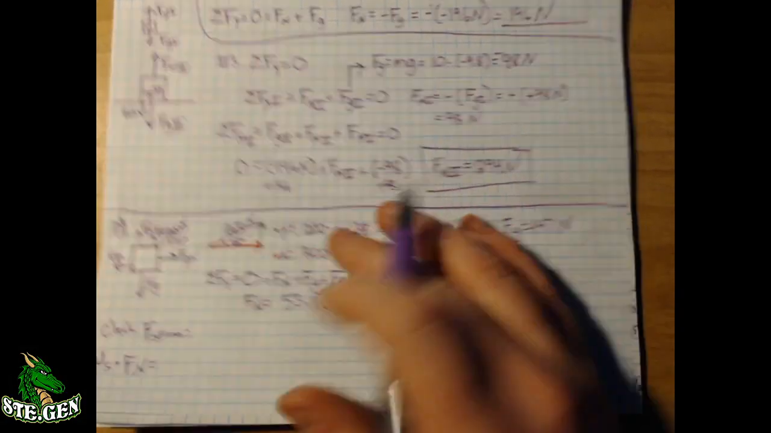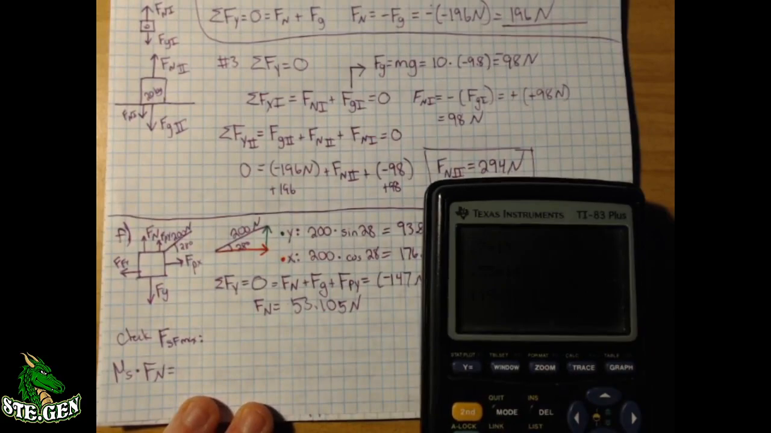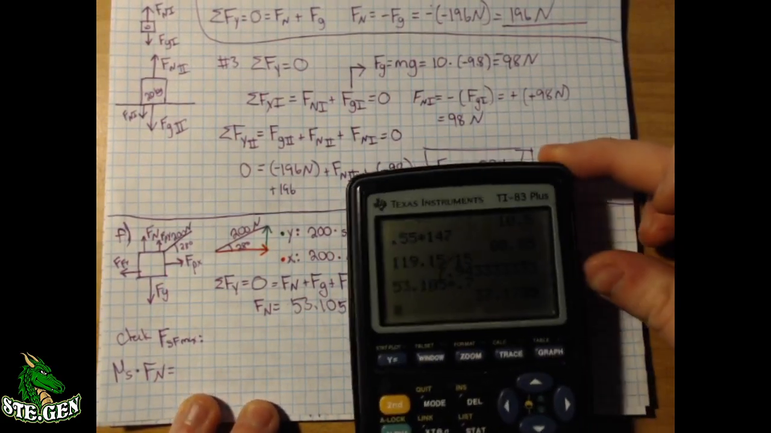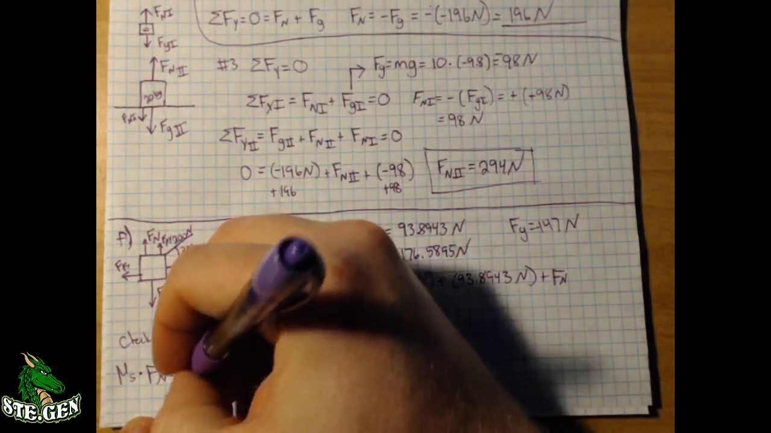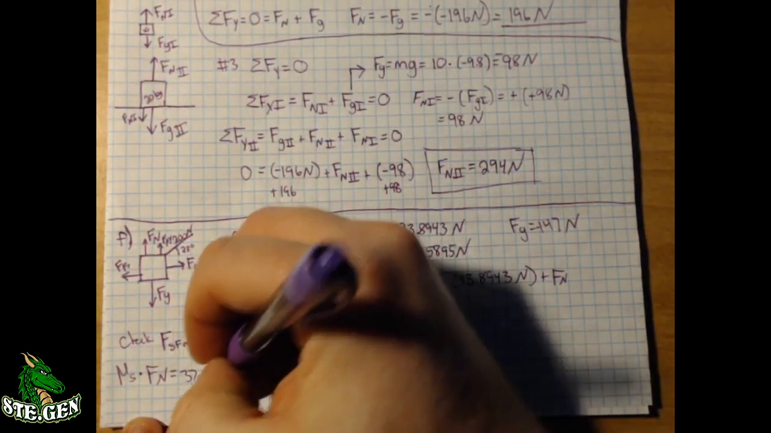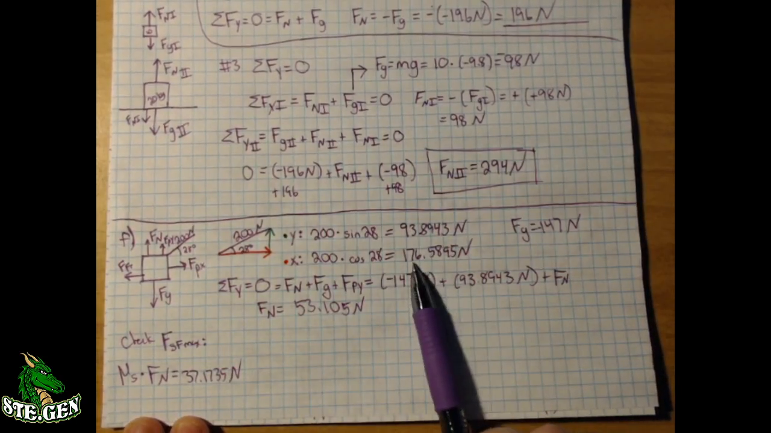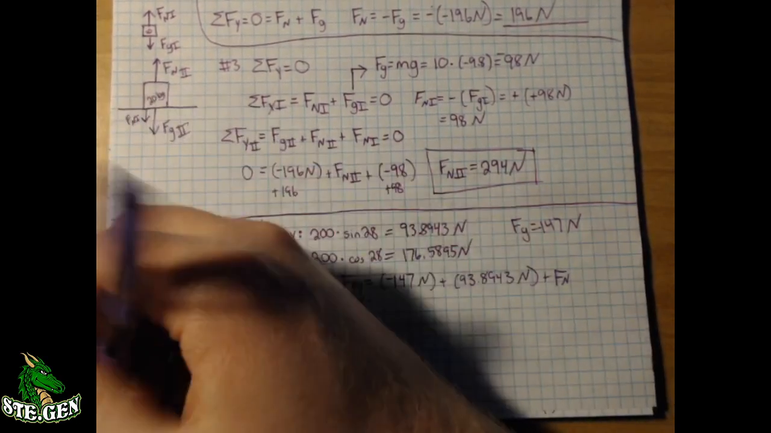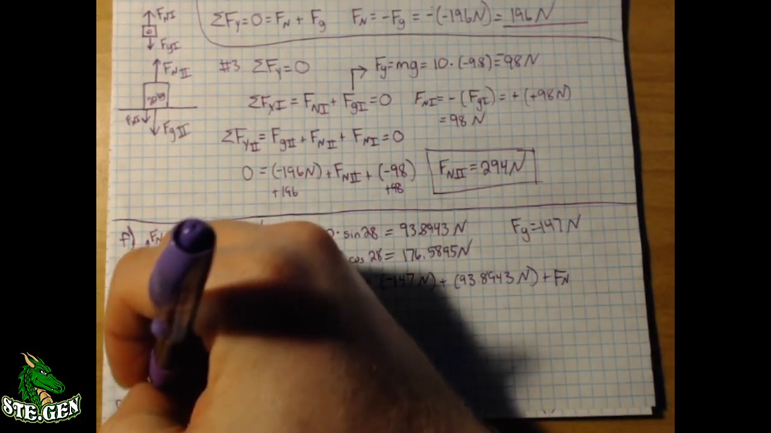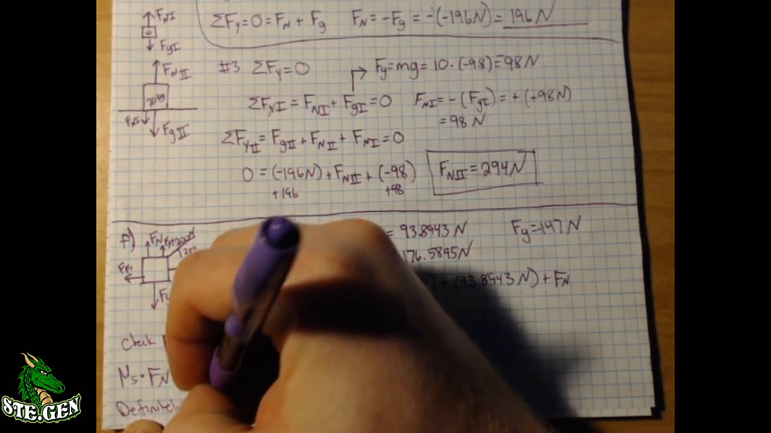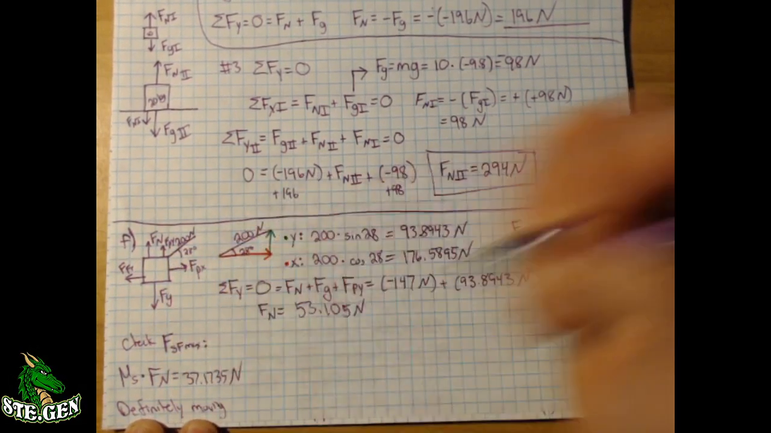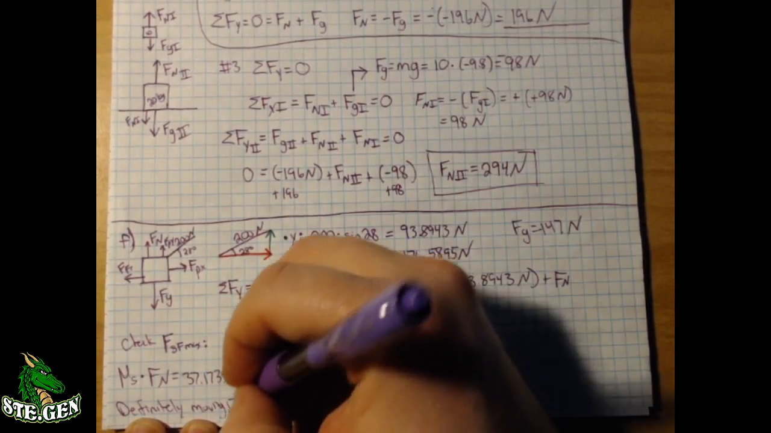That will give you 53.105 times the static friction coefficient, which is 0.7. We get a measly value of 37.1735. Which we have blown out of the water. So we are definitely moving because 176 is greater than